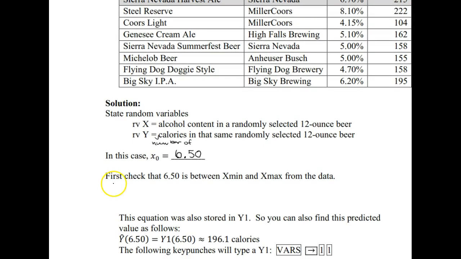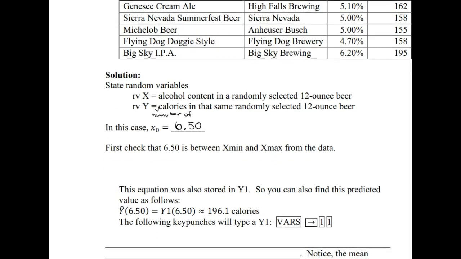It wouldn't be wrong if you had inputted all of the data as 0.05, 0.05, 0.047, and so on. Then we would have entered this as 0.065. So it would have been correct to enter the data that way as well. It's just not what I did when we got this particular equation.